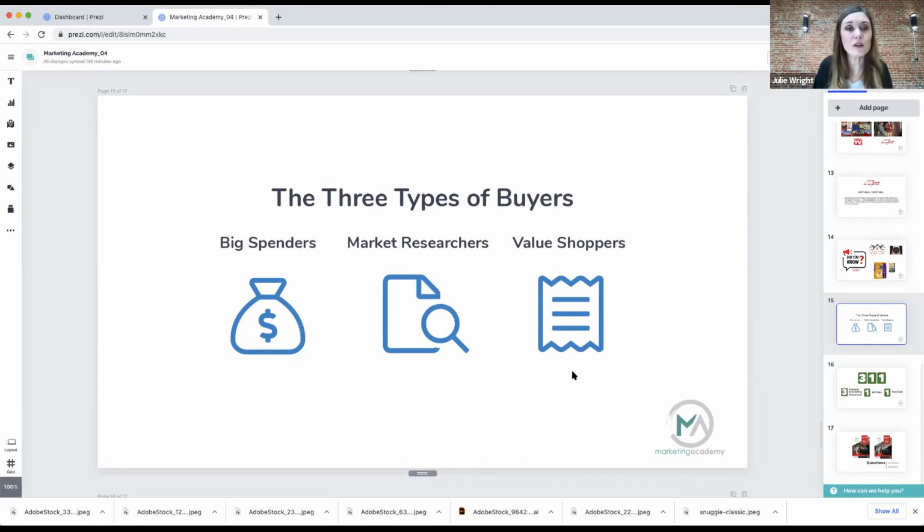So they're kind of in the middle. They want to do the research and they want to know what they're going to buy, but they're okay waiting until a good sale comes. And then as soon as the time's right, they're ready to buy at that point. So they need that soft sale, they need the information. But then also, if you're running a spring special, sign up today and save $99, they're going to jump on